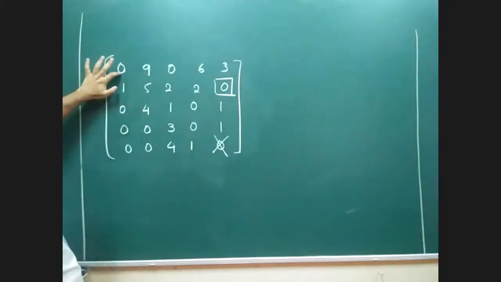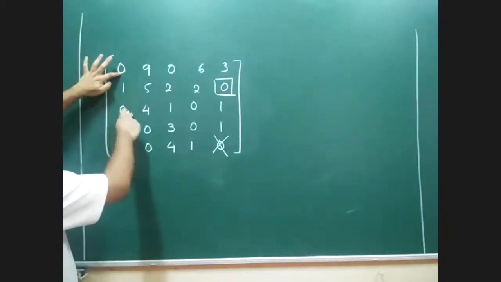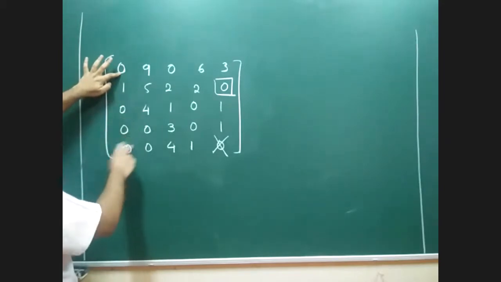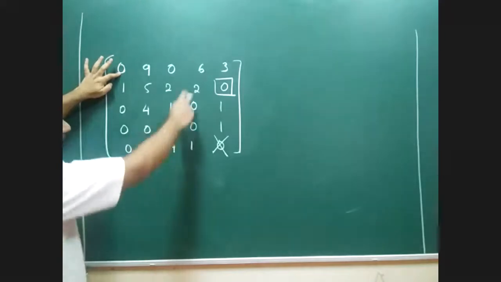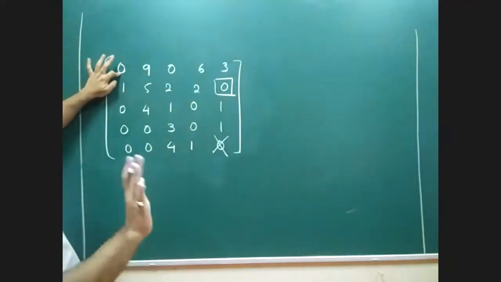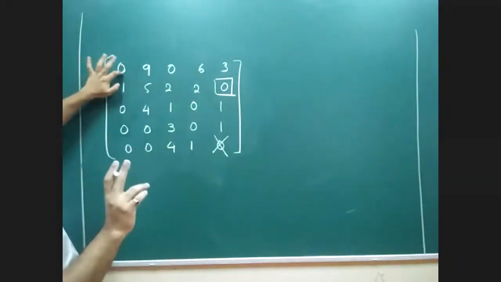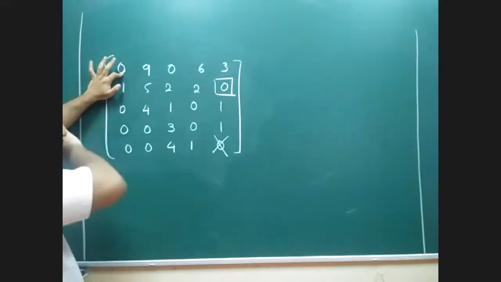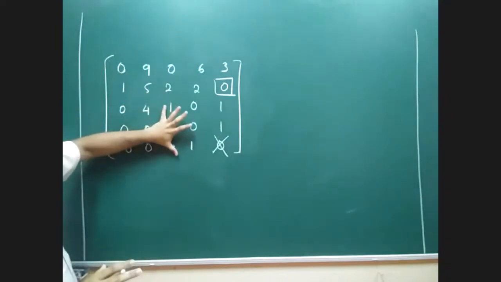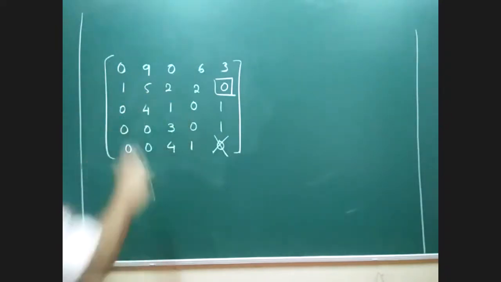If I'm selecting this, this also gets blocked, this also gets blocked, this also gets blocked. But in all the three rows, you can see still one more zero is available. The rule says if I'm selecting a particular value, that should not finally end the complete scope of allocation in other matrix or other rows.